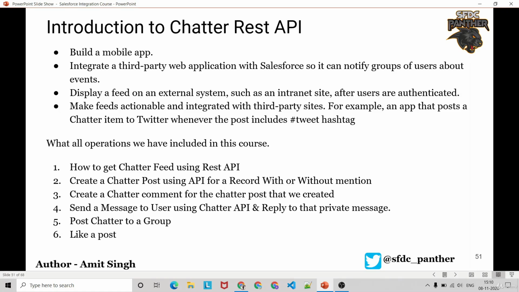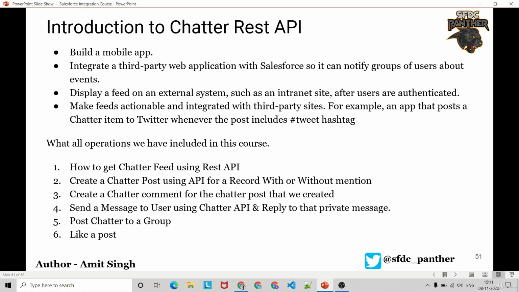So when we say that we want users to share their ideas, to share some text messages among them, they can also transfer some files privately. Files that are very secure, that need to be transferred privately, can also be transferred using the Chatter REST API. Now what is the benefit? Suppose that you are trying to build a mobile application, which is used for this purpose, where users can share their ideas, share files, share some private messages, and communicate,